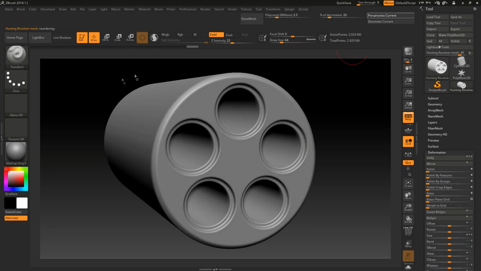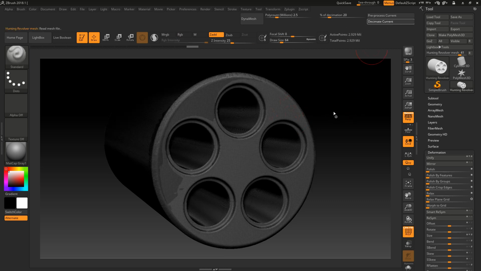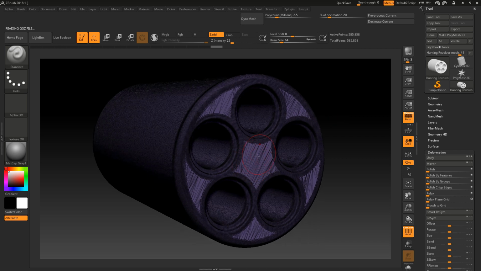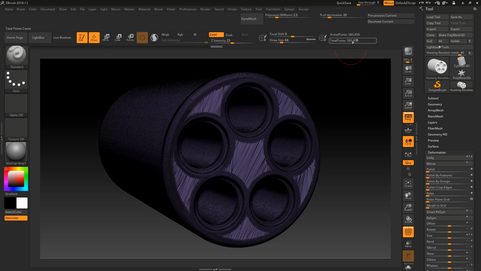Okay, so now it's processed. Not quite yet. Okay, now it's done. So yeah, we basically set a percentage for what we want our poly count to be reduced by. So if I go for 20 and then hit decimate, if I preview decimate, then you'll see it uses less polygons for flat surfaces because there's no detail there, it doesn't need to, and then focuses the polygons where it needs to be. What we can do is, because that's still quite a few, we want to aim for maybe 200,000-300,000. I can reduce it and just hit decimate again,